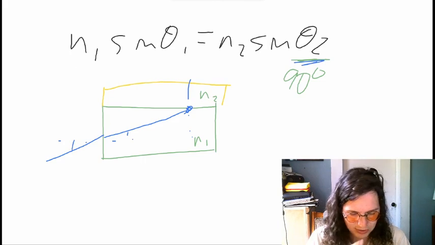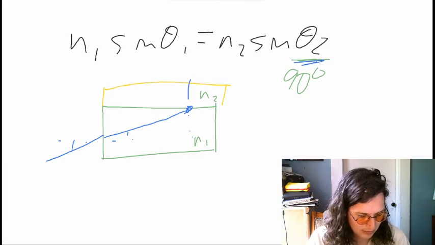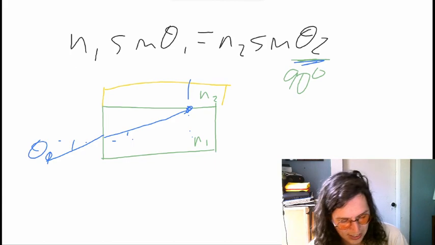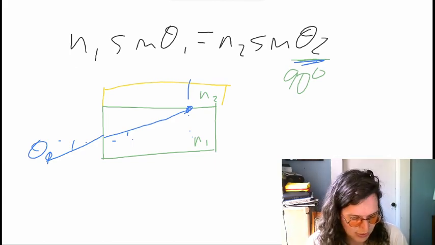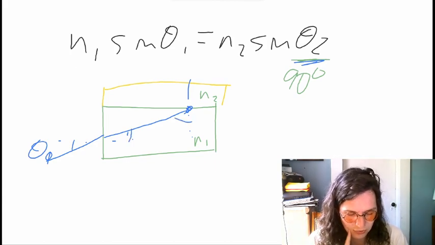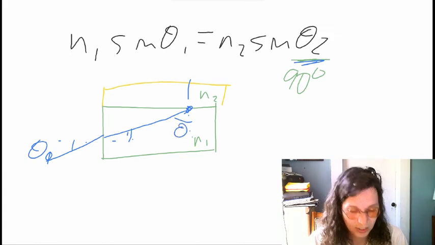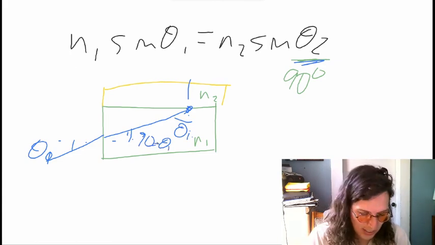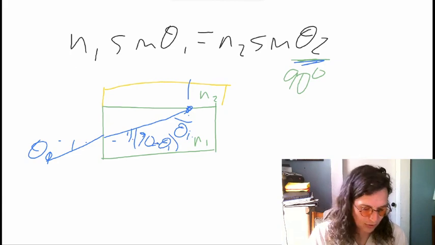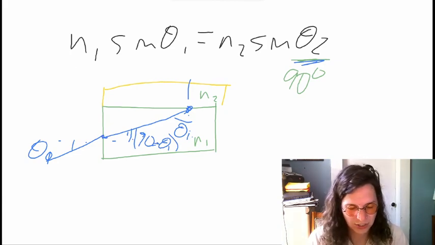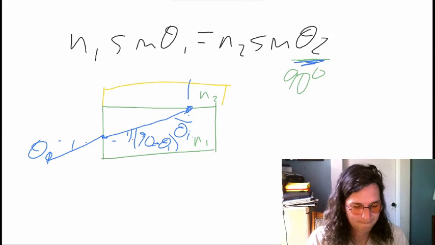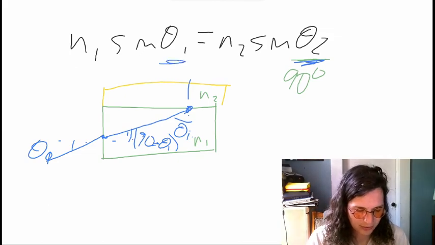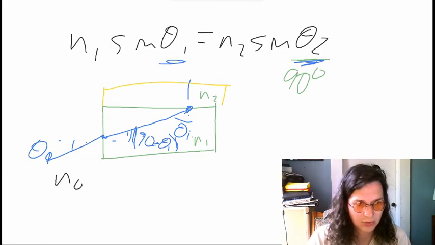where we'll call this, say, theta 0. And just keep in mind that this angle is actually complementary to this one. If we're calling this one theta 1, in other words, this one has to be 90 minus theta 1. And so you can plug this in when you do your refraction on this side. Essentially, you're going to do this one first with theta 2 equal to 90. That'll give you a theta 1. And then we'll do 90 minus theta 1 and do another calculation where you have n0, which is, I believe, going to be